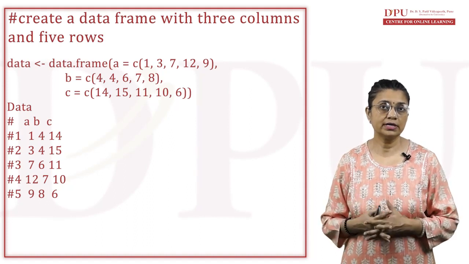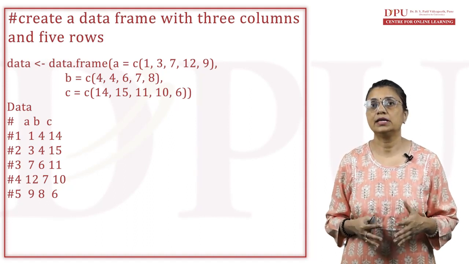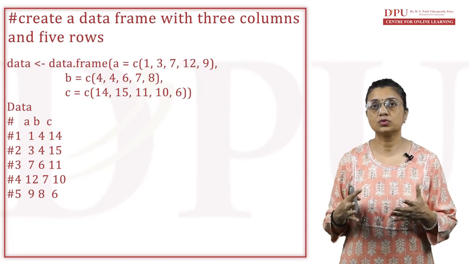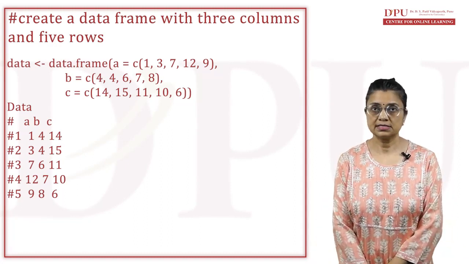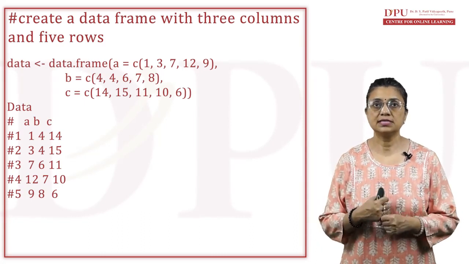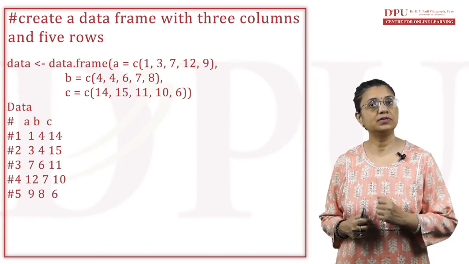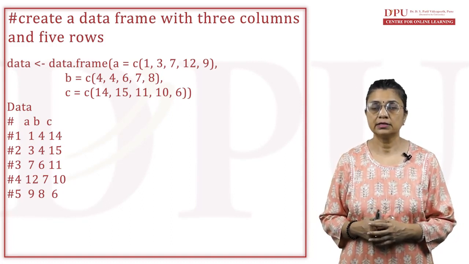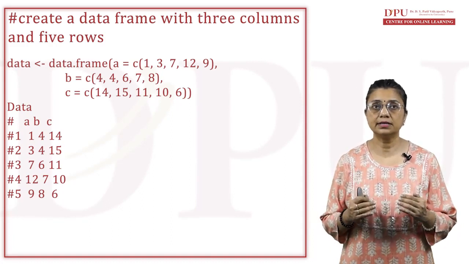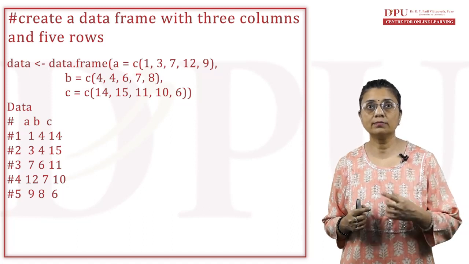So we can see over here vector A has the values 1, 3, 7, 12 and 9. Vector B has the values 4, 4, 6, 7 and 8. And vector C has the values 14, 15, 11, 10 and 6. Now you can see over here that the moment I print the data, because data is holding my data frame,